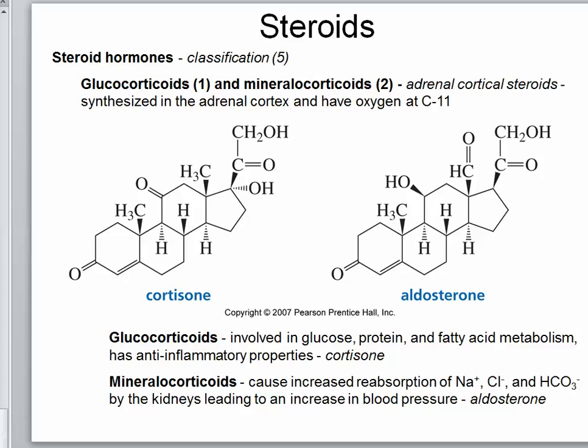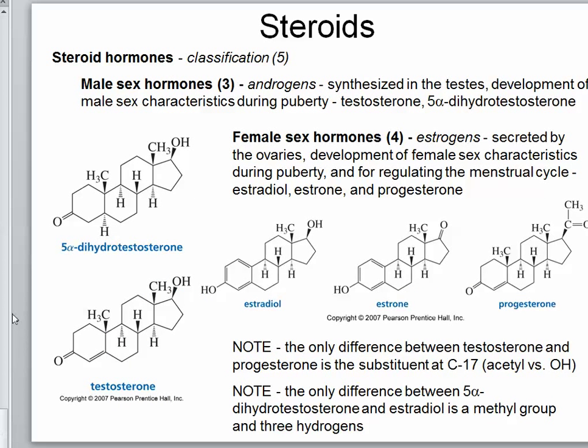Other steroids, though, we have many different ones, many different versions, and one of these is something like cortisone. Cortisone is a steroid. You can see the similarity to cholesterol there, just not an iso unit with 8 carbons on it. Up here at the top, you actually see an OH group and a carbonyl and another OH group here.